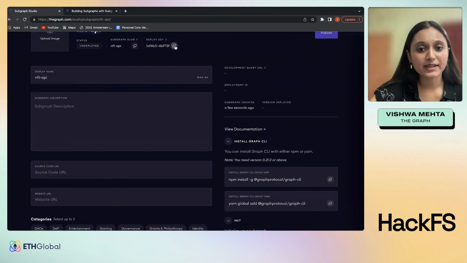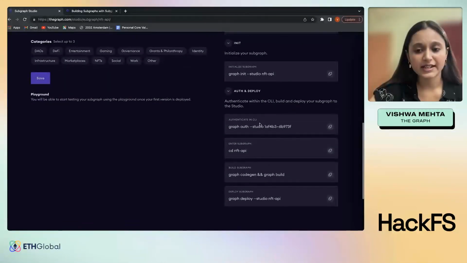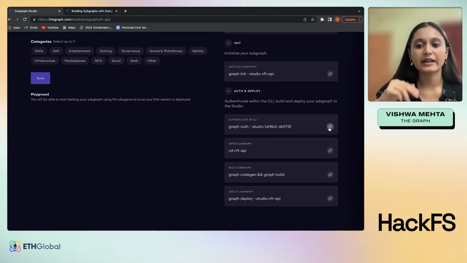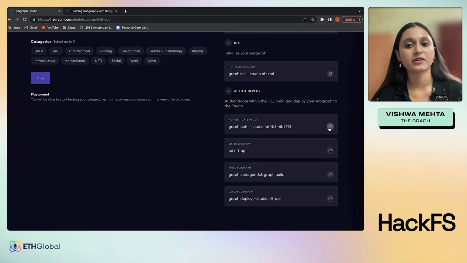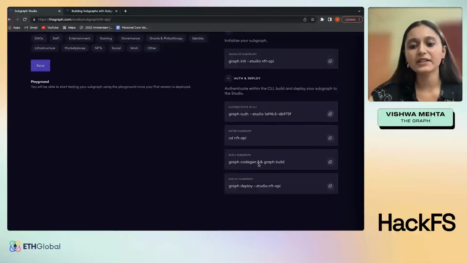And there's a deploy key that you can use as an auth key when you're authenticating your subgraph. So you just copy this command and run it, and it should be able to authenticate your subgraph using the CLI. And then finally, deploy the subgraph using this command, graph deploy studio, along with your subgraph slug,